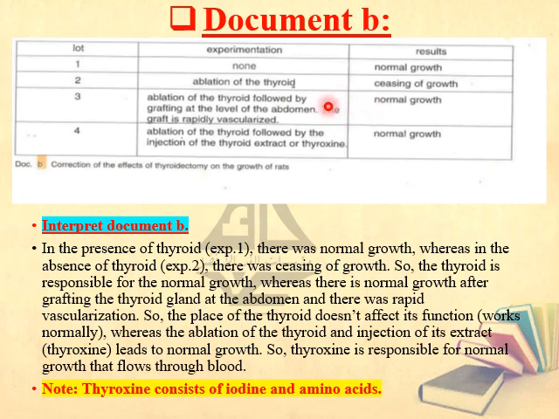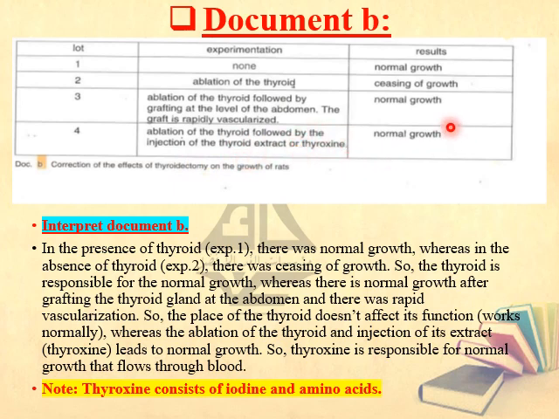It's going to work normally wherever it is found in our body. With respect to experiment 4, when the thyroid is removed, if we removed our thyroid gland, but we receive injections of the hormones that are secreted by such a gland, your body will not be affected by its ablation. So if you remove the thyroid gland, but you receive injections of the thyroid hormones or thyroxine,